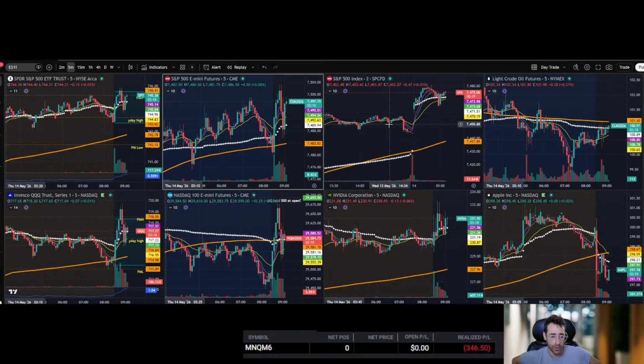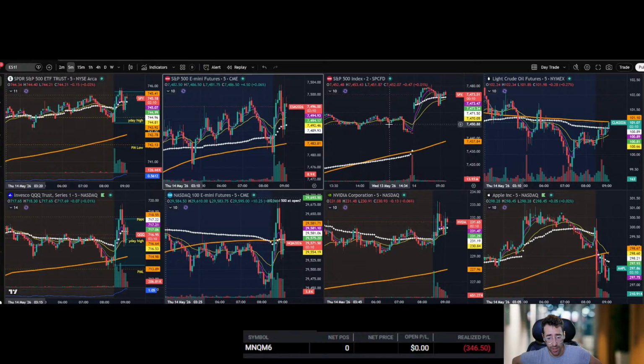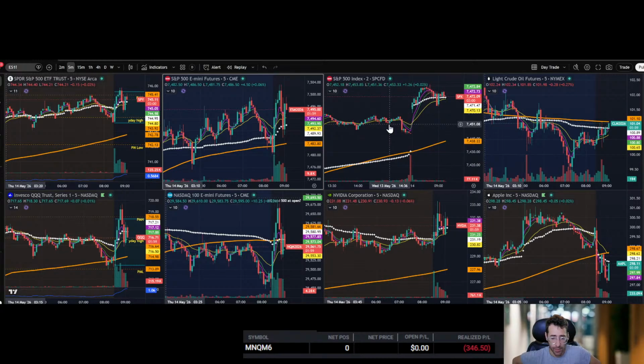Now we just gotta wait for something else. I honestly don't see anything I love. Usually I come in, and yesterday and the day before I took a trade pretty much right off the open. Beautiful, smooth, no problems. You know, that's not what happened today. Can't expect every day to be green. It's just not going to happen.